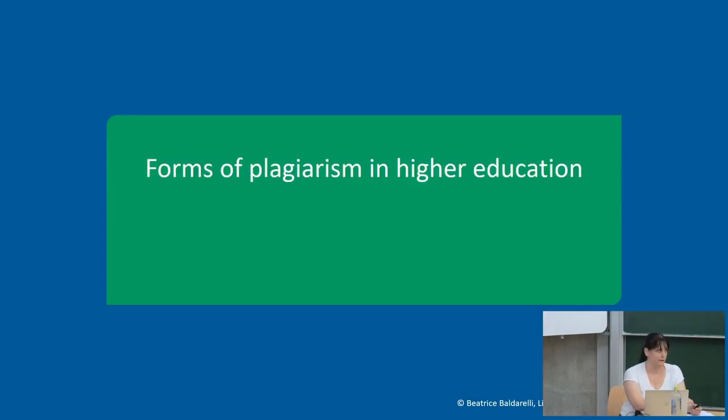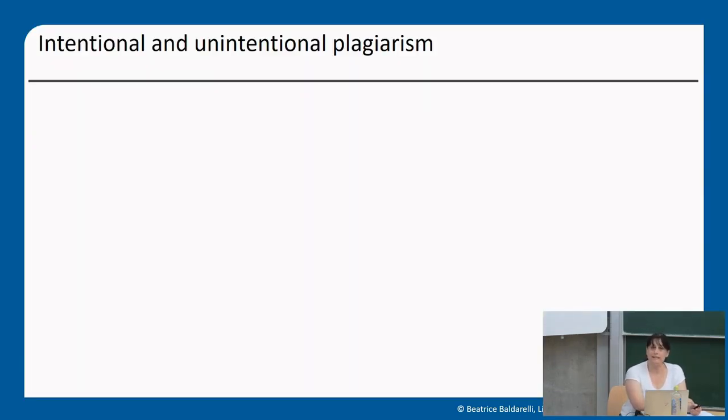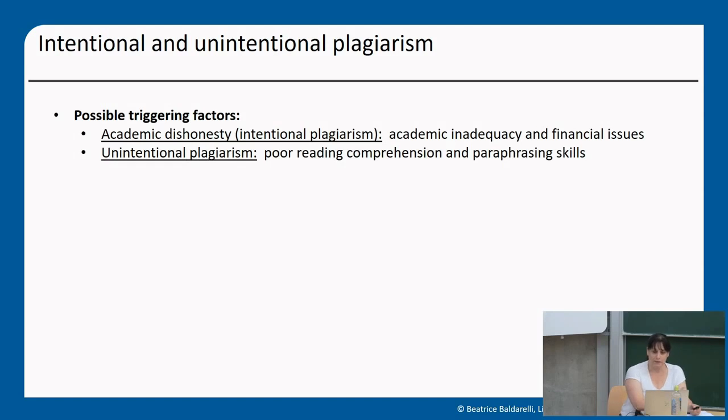We are now at my first part, forms of plagiarism in higher education. In the last 20 years, plagiarism has increasingly become one of the more urgent issues in higher education. Easy access to digital information, the influence of Google on search habits, and a lack of awareness concerning the validity of digital sources strongly influence the way students of all fields of studies gather and use information. The problem should be considered under two different points of view. On one side, we have the issue of academic dishonesty. On the other side, unintentional plagiarism.